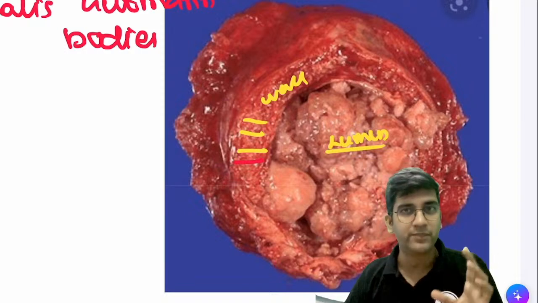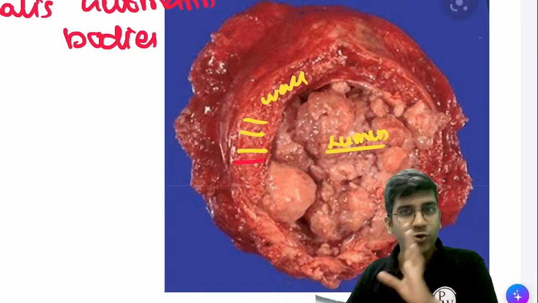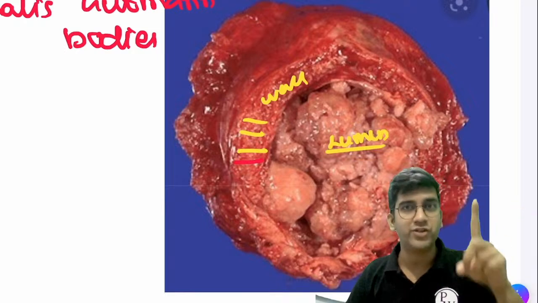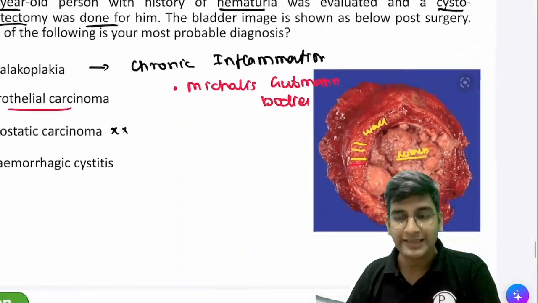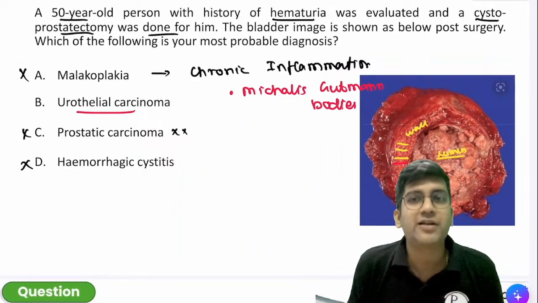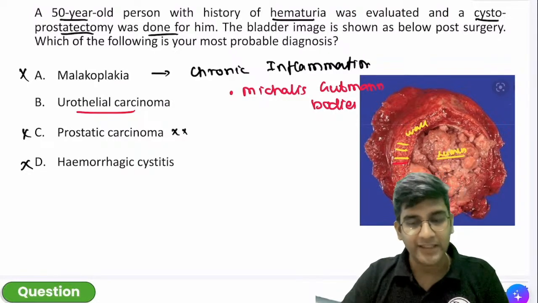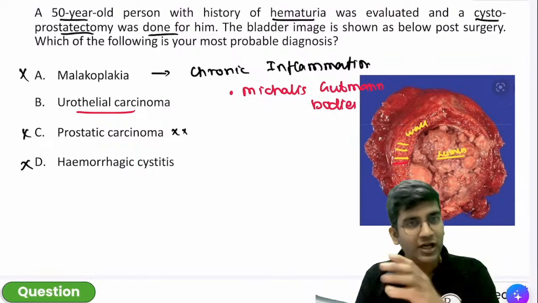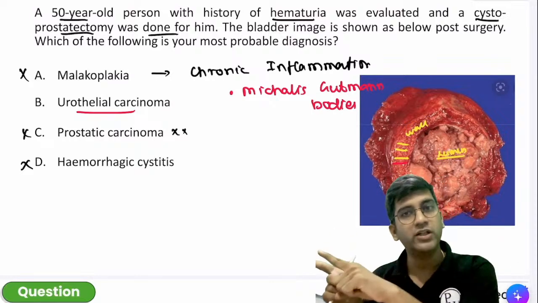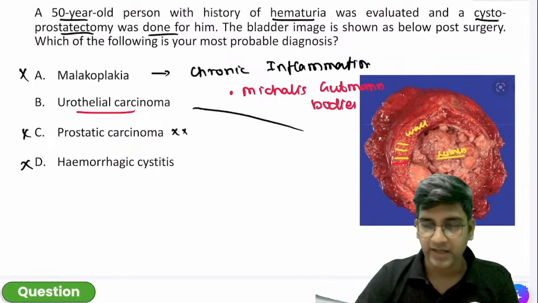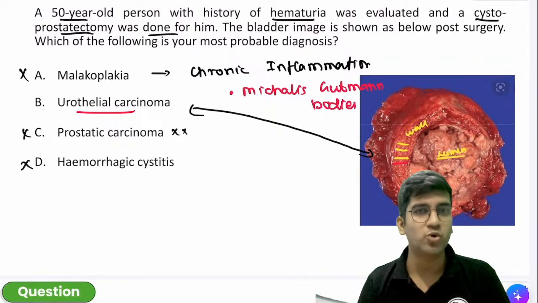Fine. It's very simple. If a new question comes in an exam, don't even look at the image. If you look at the image, you will goof up. History is more important. What procedure is being done? That's enough for me to solve the question. Nothing else is required, right? Just be a little bit calm and patient. That is the most difficult thing, and try to use your common sense rather than what you read in the last 6 months, right? Hematuria, one is out. Cystoprostatectomy, the other two things are out. It has to be urothelial cancer. Now, I will look at the image and correlate. Yes, it fits because I have a mass which is filling the entire lumen of the bladder. It has to be urothelial malignancy, right?